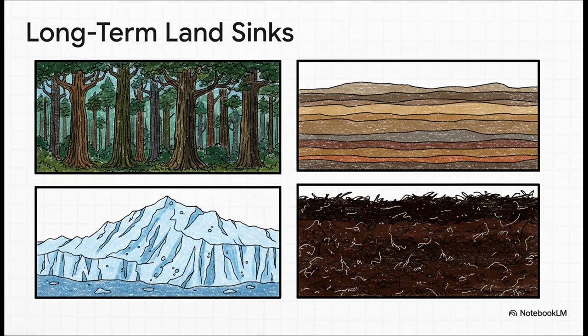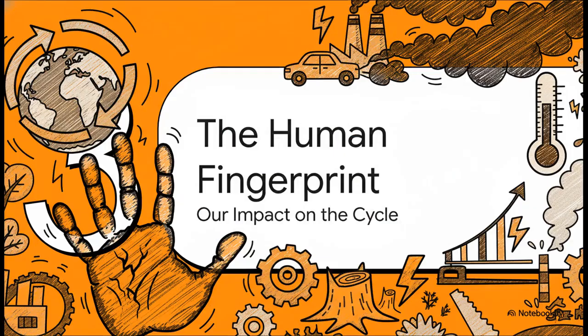We're talking about the carbon that's locked away in ancient forests, in the very rock that makes up mountains, the stuff that's trapped in polar ice, and what's held in the rich soils of peat bogs. These aren't just sinks, they're more like carbon time capsules, holding the breath of ancient worlds. For thousands and thousands of years, this cycle had a natural rhythm. But then, a new force came into the picture: us. Our activities have started to mess with that ancient balance, which brings us to the next, and really critical, part